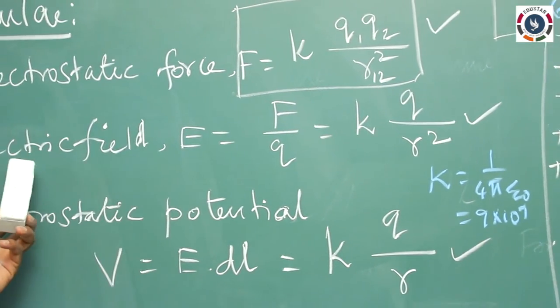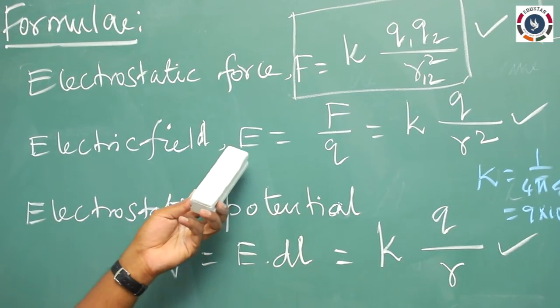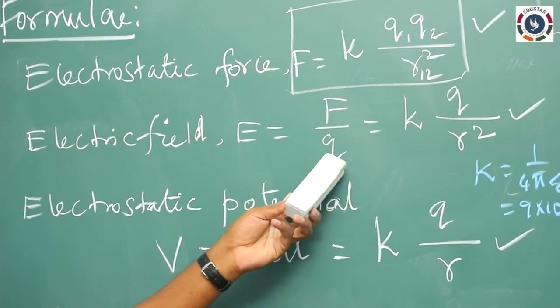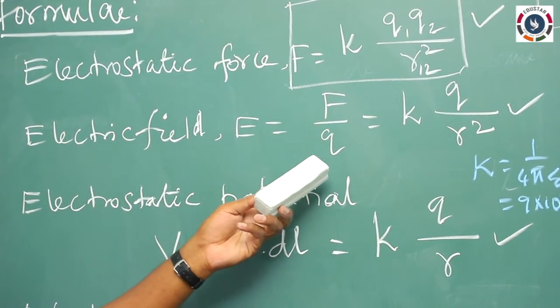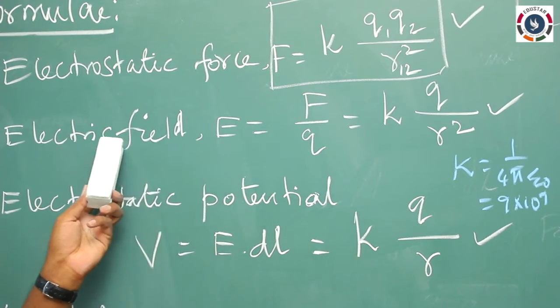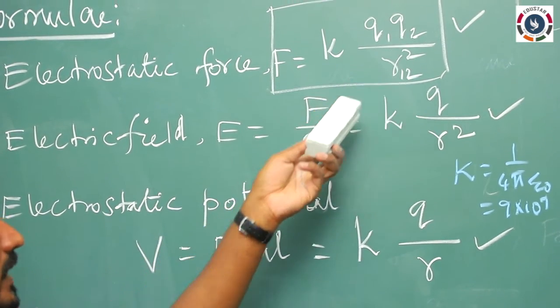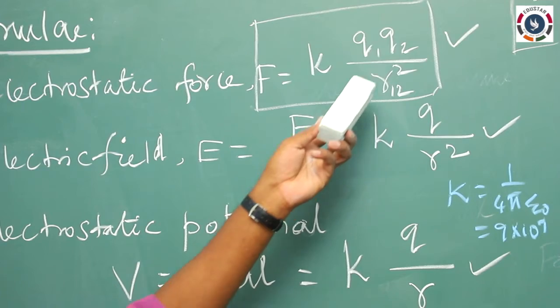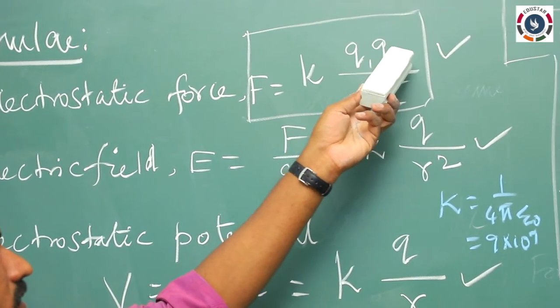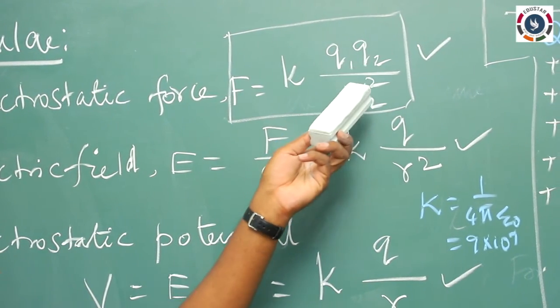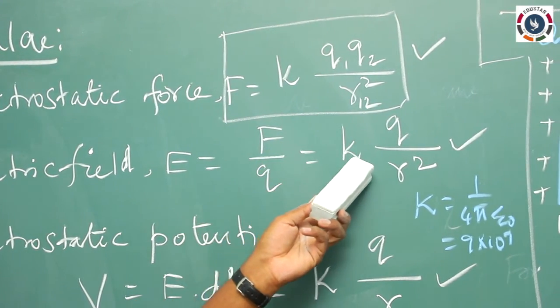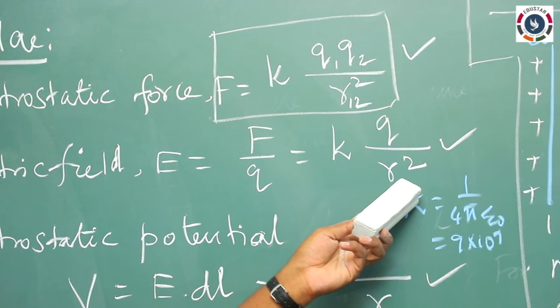Similarly, the electric field formula is E equal to force by charge. So the force experienced by a unit positive charge is the electric field, E equal to F by Q. F is here, so simply by dividing by a charge Q, one charge Q1 Q2 divided by Q, one Q will be cancelled. The remaining will be K into Q by R squared.